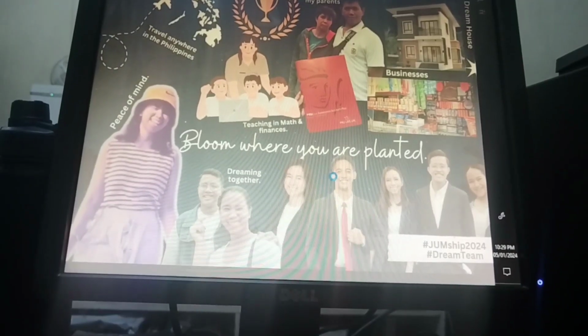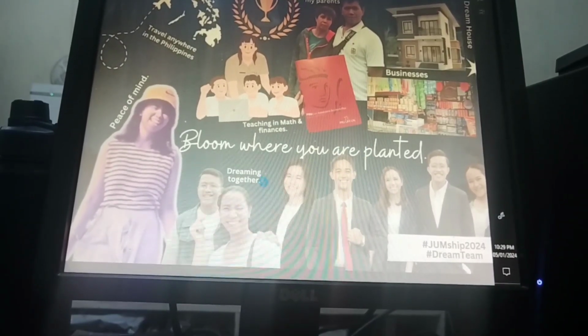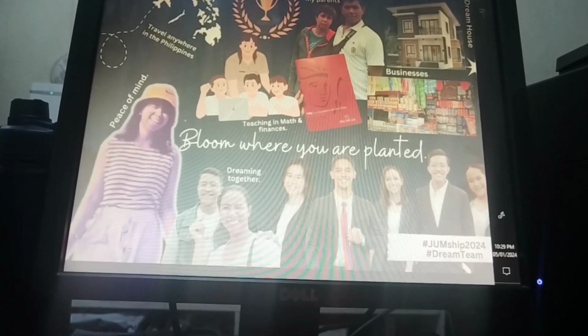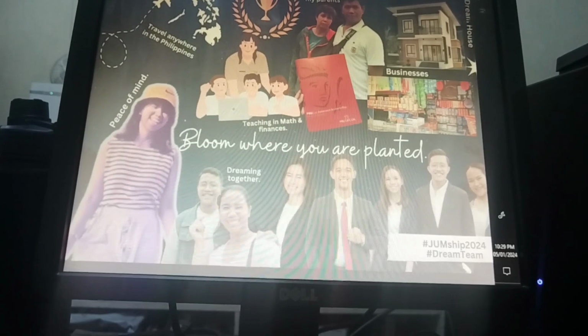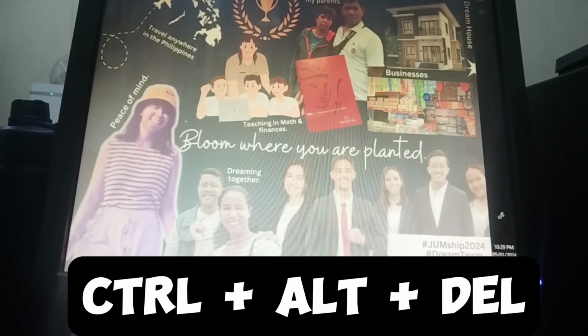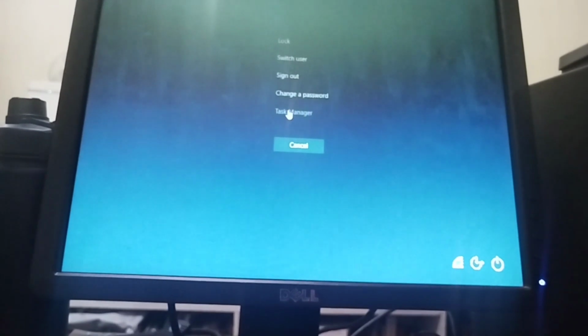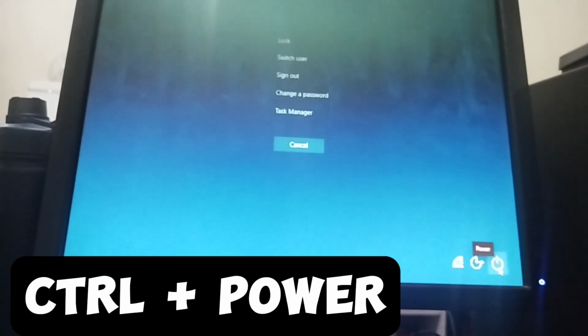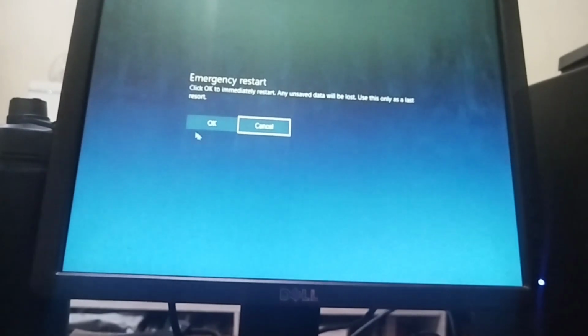How to emergency restart your desktop if your home screen is stuck like this. In order to emergency restart it, just simply click Control Alt Delete. Once you type that, you will be automatically prompted here. Just simply click Control, and together with Control, click Power, and once you click that, you will now go